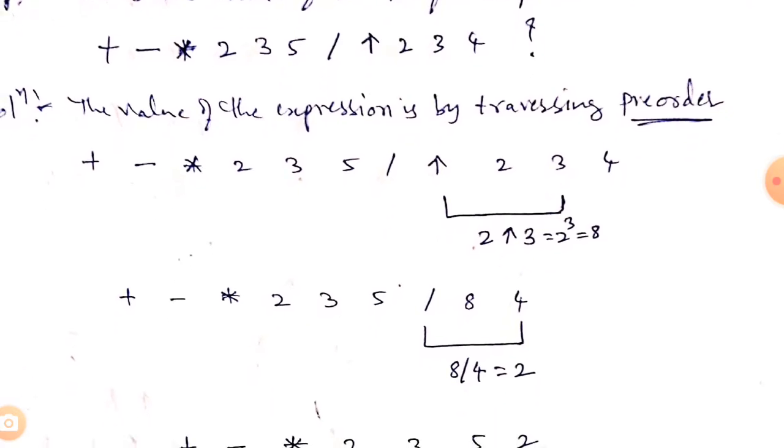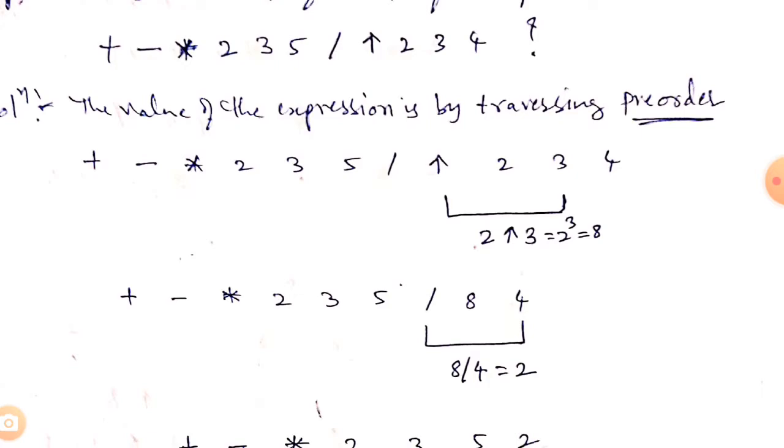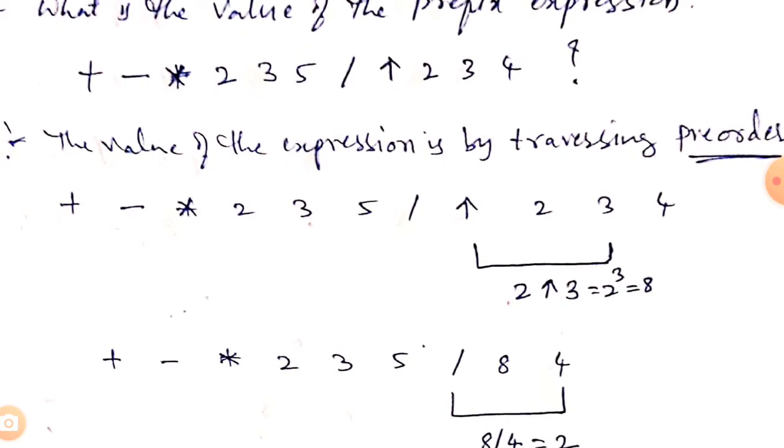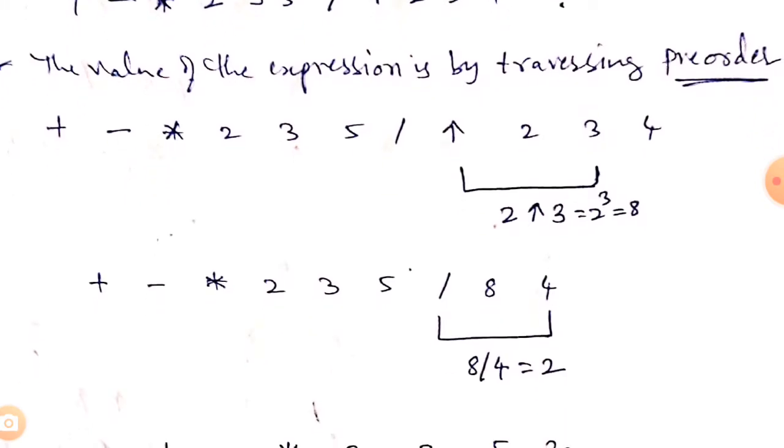Already we have seen. Now from that, what value will we get here? Of course, this expression is already given, okay. So from that, how will we get the value? By using the prefix expression. That means you have to go in pre-order while traversing the tree, okay. So what he says is, you have to go in pre-order. So how will we evaluate that expression here?